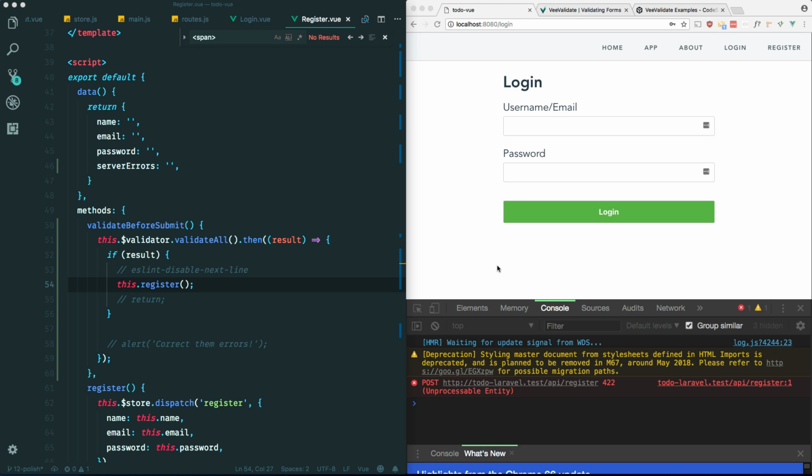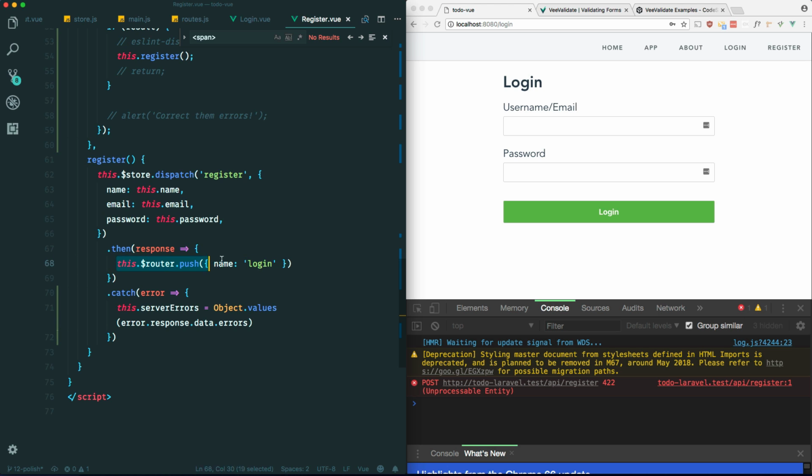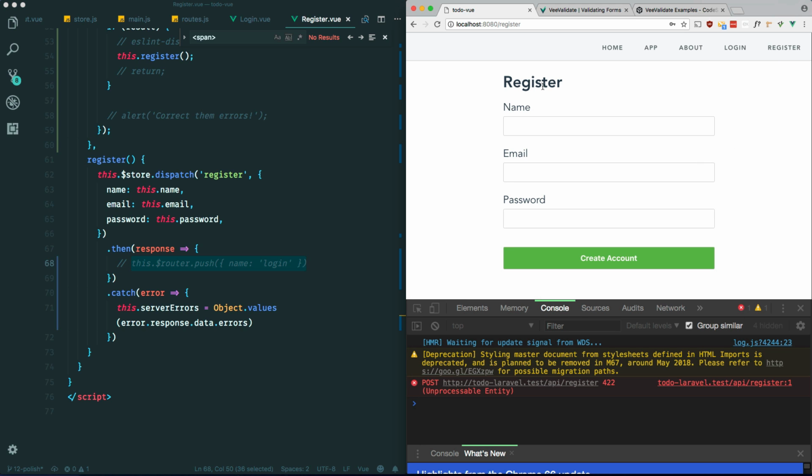Okay, so the next thing I want to do is have a success message here. You can see that upon successful registration, we're using the Vue router and redirecting to this page. But I just want some sort of message or notification to the user that the registration happened successfully. So how do we do that? So if you look in here, you'll see that we're redirecting to the login component after a successful registration. So let's comment this out for now, and let's just see if we can get a success message that shows